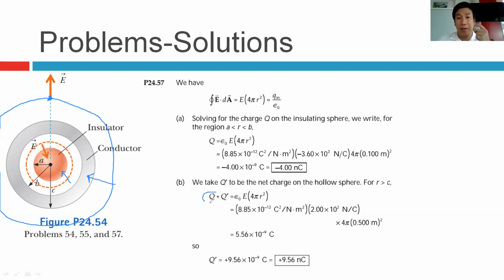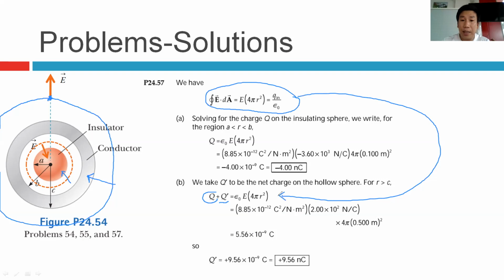So we have Q and Q dash. We apply the same formula from Gauss's law, and we obtain Q dash. In this case, because E goes outward,